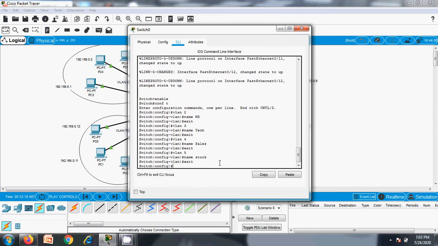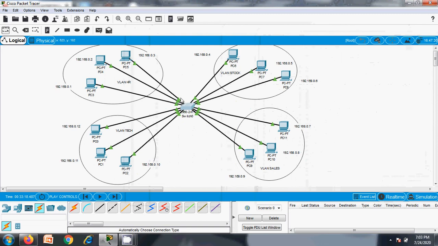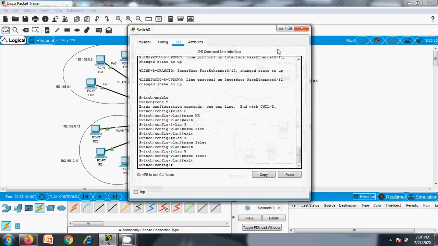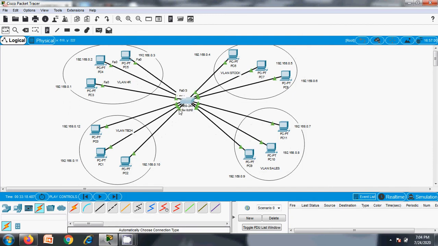So let's go for assigning of interfaces. Let's see the interface names. Connections are here.